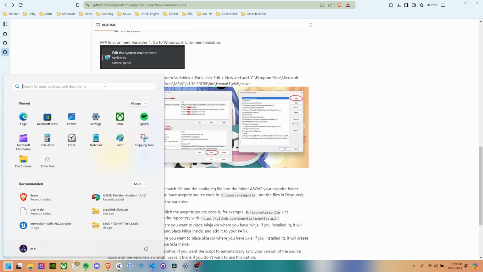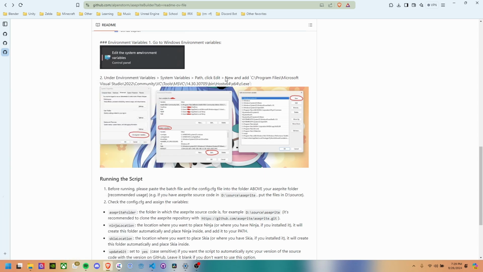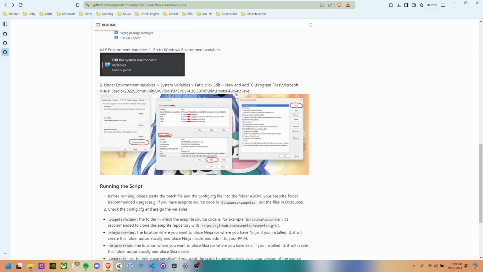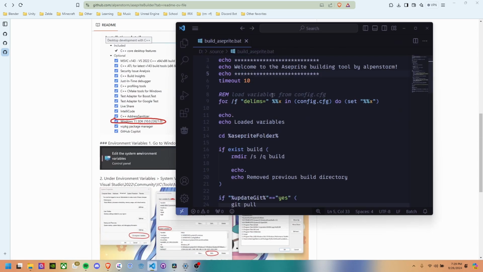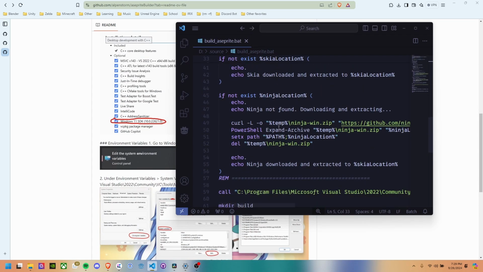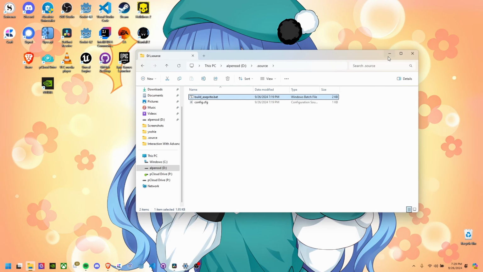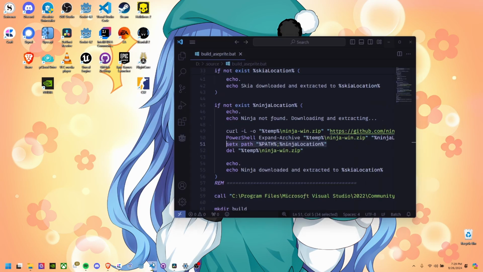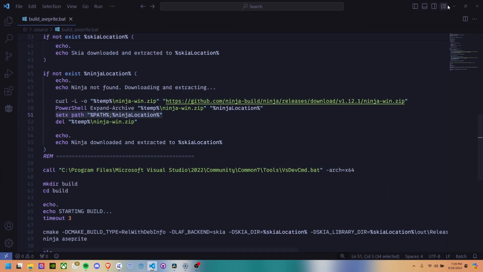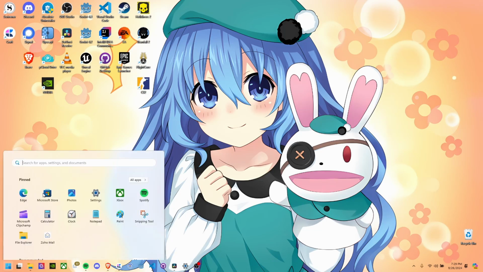So I'll show you how to set environment variables manually. You could also use a little script like it shows here. You can also do this to set the CL compiler. But there's also a way to do it graphically. So all you have to do is copy this. Let's minimize these windows. There. Go to your